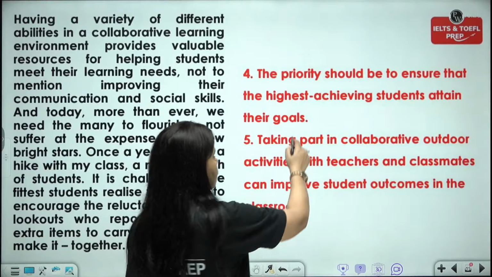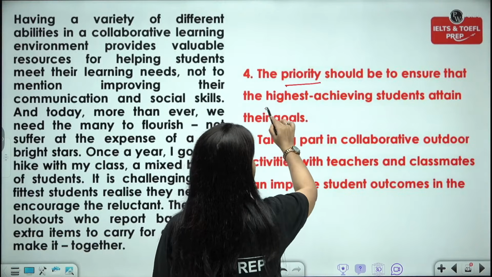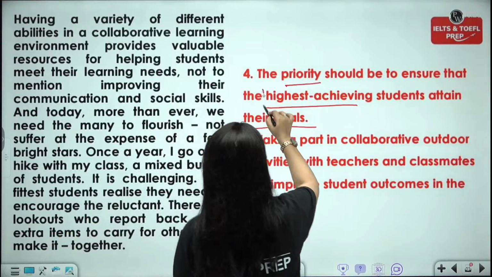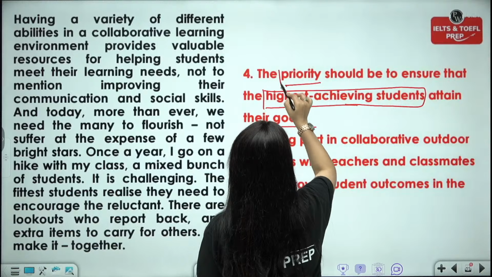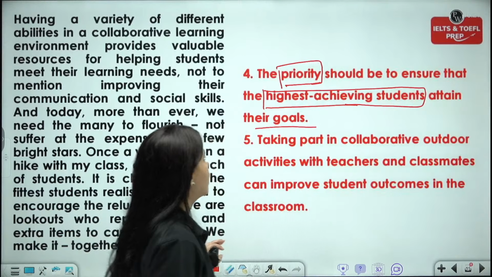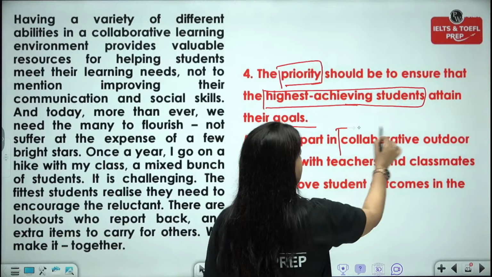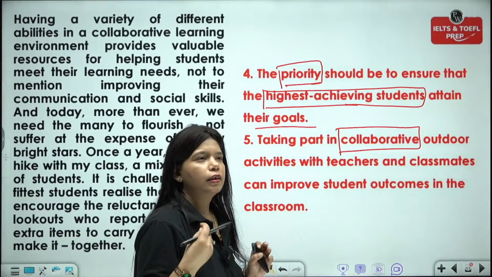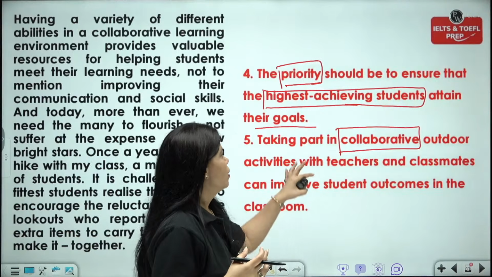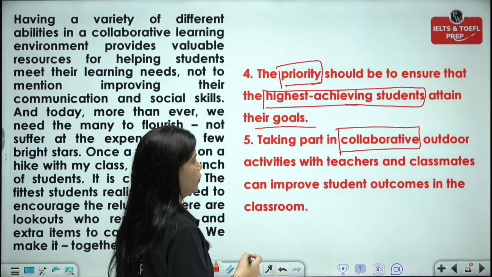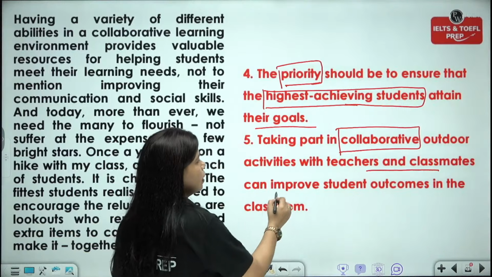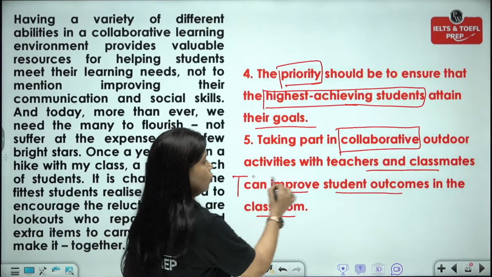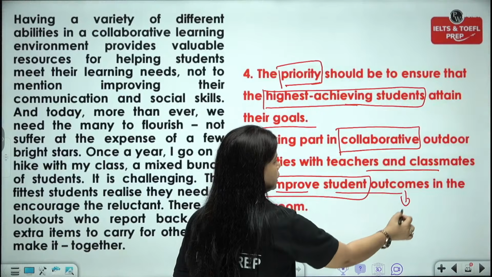Question 4 says the priority should be to ensure that the highest achieving students attain their goals. Highest achieving students is the main keyword and priority. Then in number 5, taking part in collaborative. Collaborative, if you are somebody who struggles with vocabulary, collaborative means teamwork, doing things together. So, taking part in collaborative outdoor activities with teachers and classmates can improve student outcomes in the classroom. Can improve student outcomes. Outcomes means result